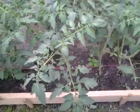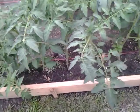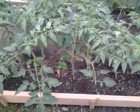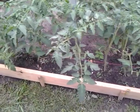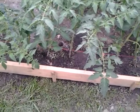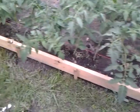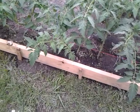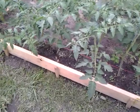I pruned all the suckers off that were below the first fruit set, which from what I've read is what you do with determinates. And then you let the suckers grow. Now these are Celebrities, so even though they're determinate, they do continue to set fruit as long as the weather conditions and everything are favorable. But yeah, they're blooming all over. They're happy. So I hated to do that much pruning, but we got a big rainstorm and they survived it